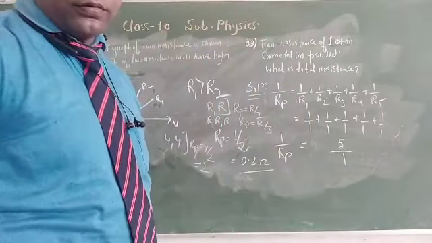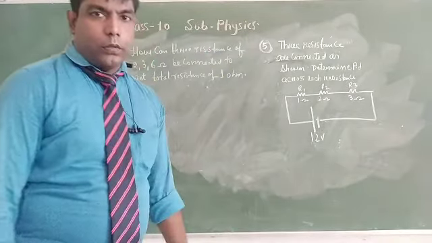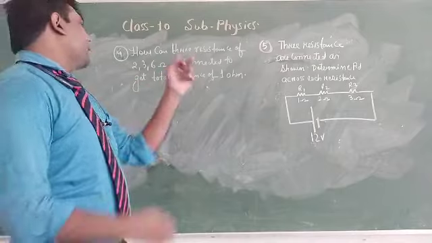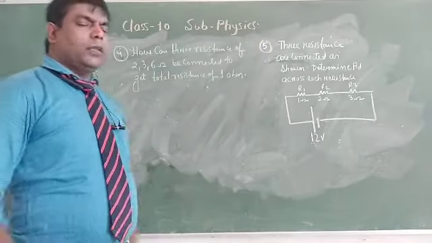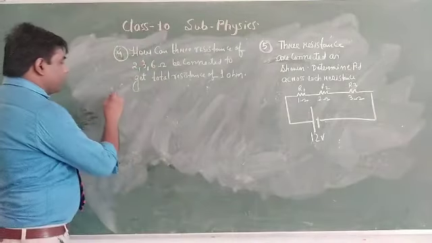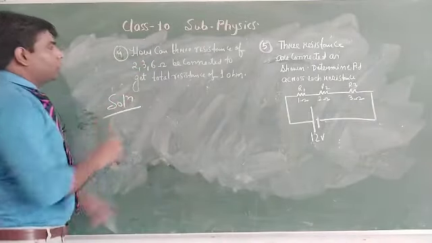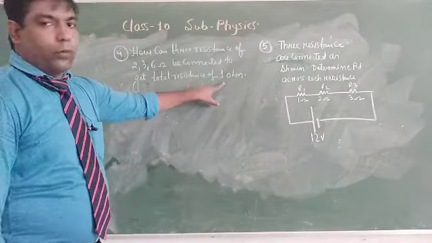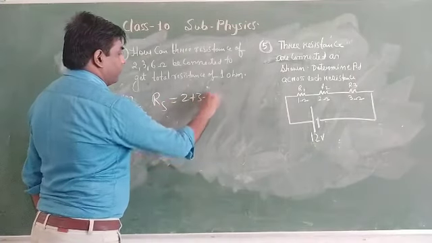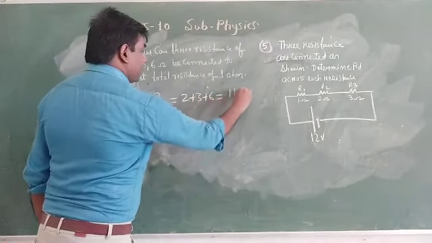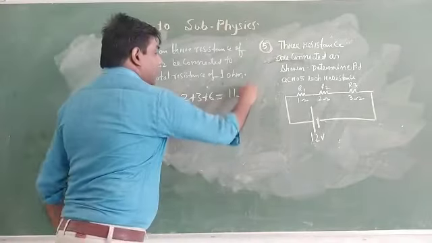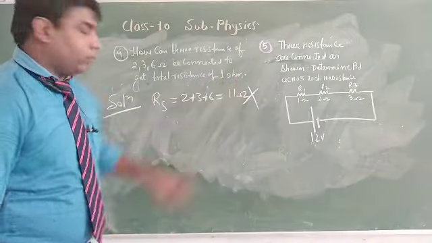Our next question. Yes, the next question is, how can 3 resistance of 2, 3, 6 ohm be connected to get total resistance of 1 ohm? That is, we have only 2 options. Either it will be connected in series or it will be connected in parallel. So let us take one by one. Result must be how much? 1 ohm. So if we connect in series, let's see how much is the result? 11. So we cannot connect in series because we must get result how much? 1. Now in parallel,